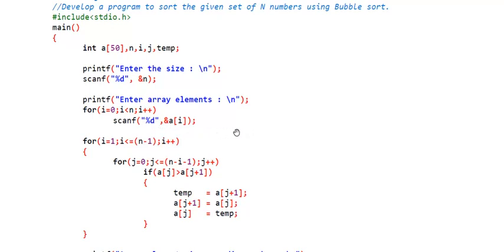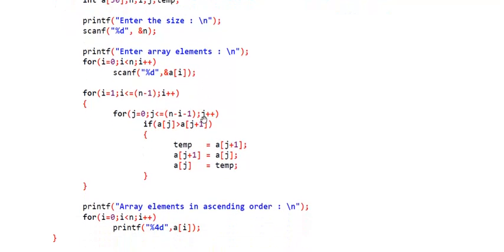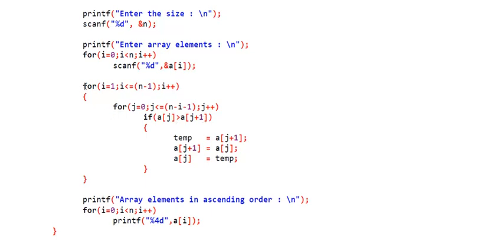Now this part is very simple, reading the number of elements and then reading the actual array elements. After that, this part what you are seeing is, I would say, the heart of your program. All the logic is here. These few statements are simple input statements, very easy if you already know how to read, and after that this is the actual logic.